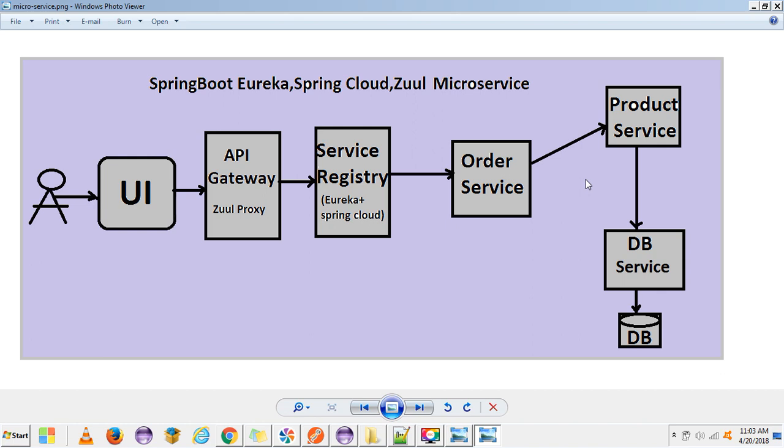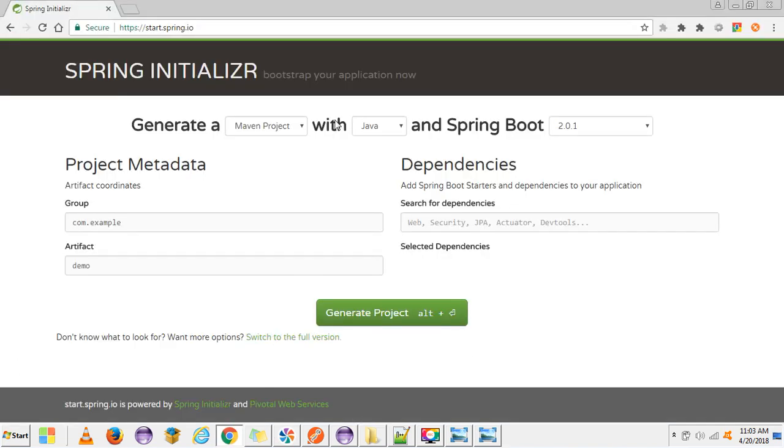So let's create the DB service first. I'm going to create the DB service, then after that I will create the product service. In this video I'm only creating the DB service. For that I will be using Spring Initializr. So for the DB service